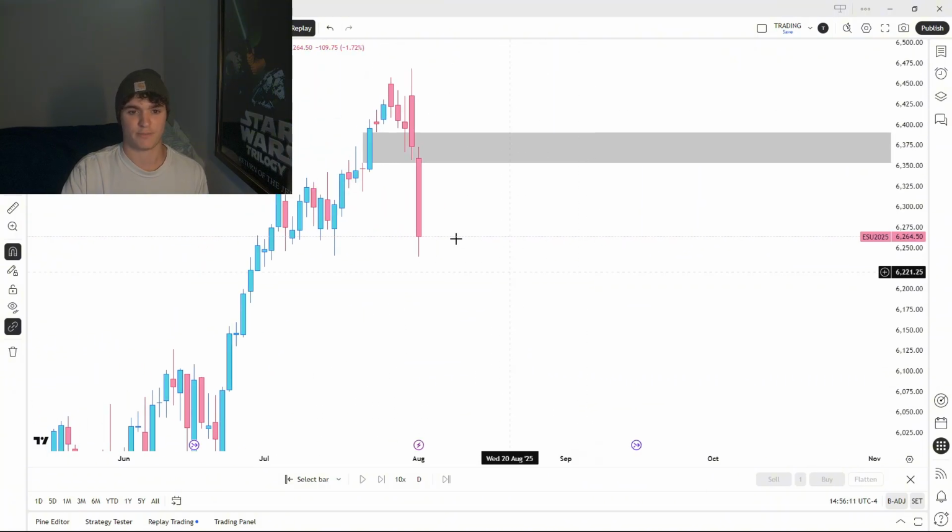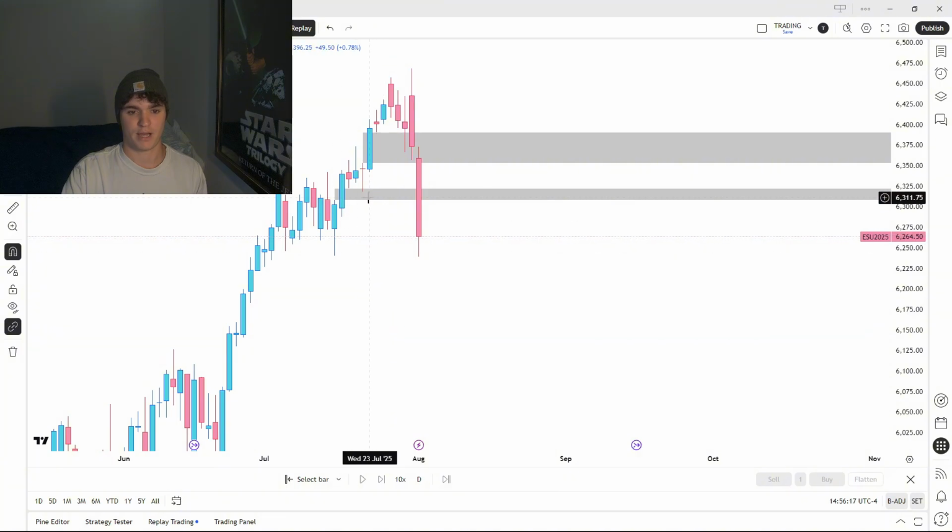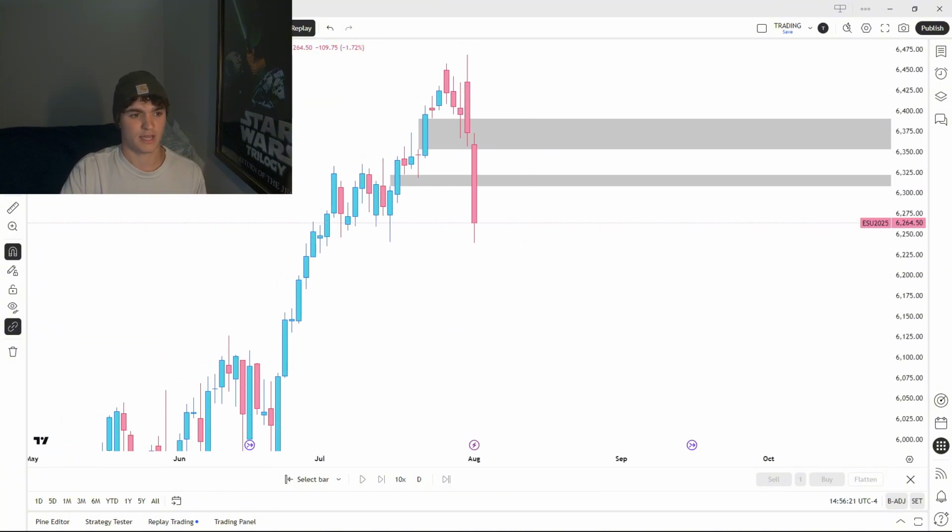So we had this daily bullish gap. We completely inverted it, knifed through it, and then we had this smaller one right here. Not as significant, but it was a fair value gap, and we inverted it. Now, the important thing about the daily chart is that we actually now have the opportunity to create an imbalance.